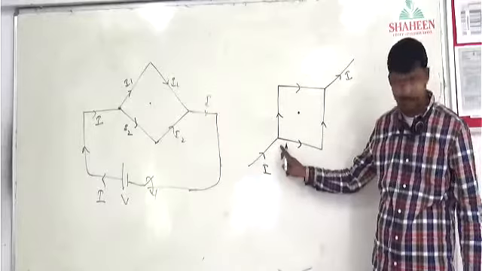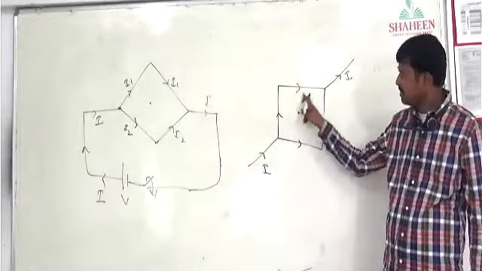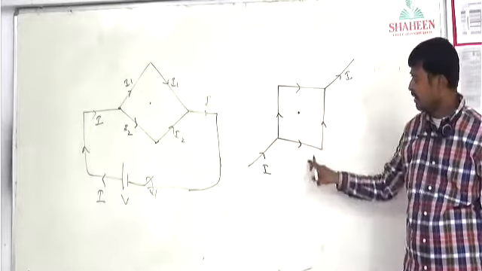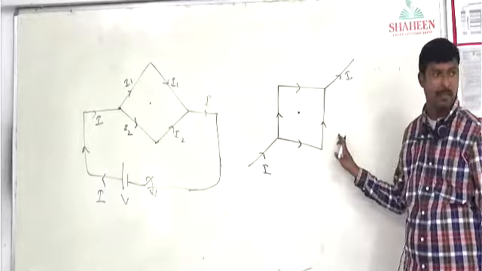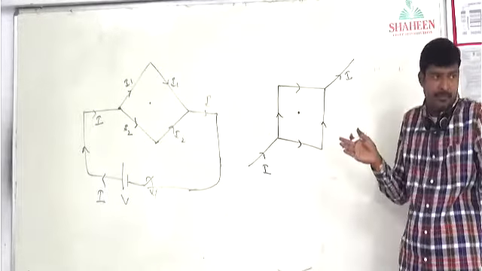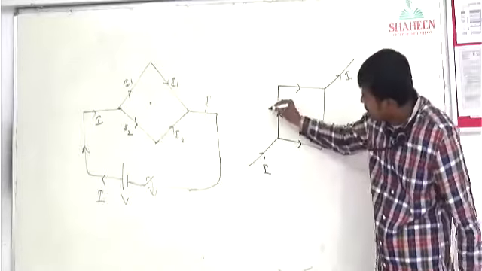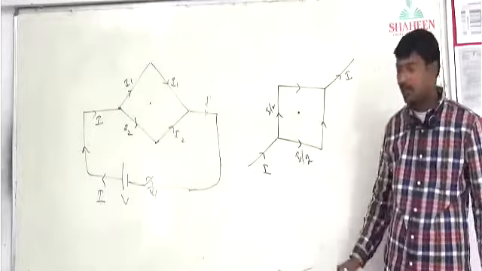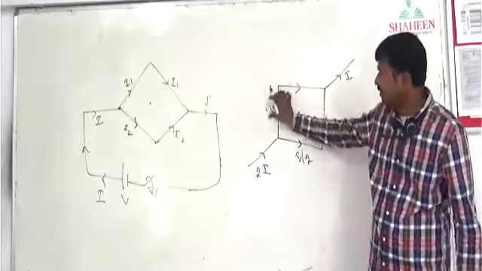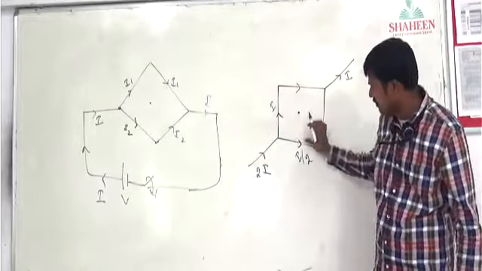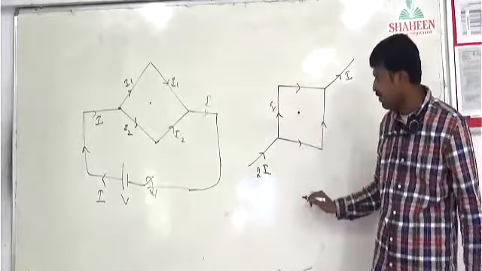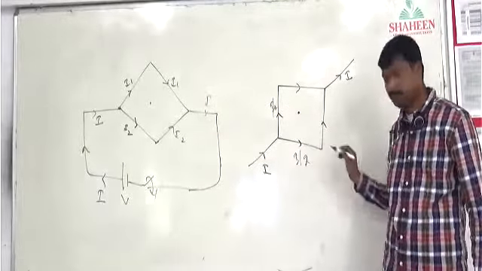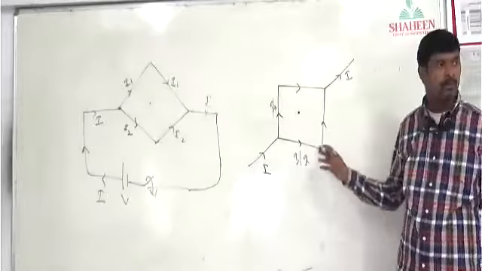Current I is entering, right? Here the resistors, every wire's resistance is the same. So here R, you take 2R, here R, 2R. So the ratio of resistance is the same, so the current divides equally. That means here I by 2 current flows, here also I by 2 current flows. Or if I say this current is 2I, then half of the current is I here. But in the question only I is given, so we will take I by 2, I by 2, I by 2, I by 2.